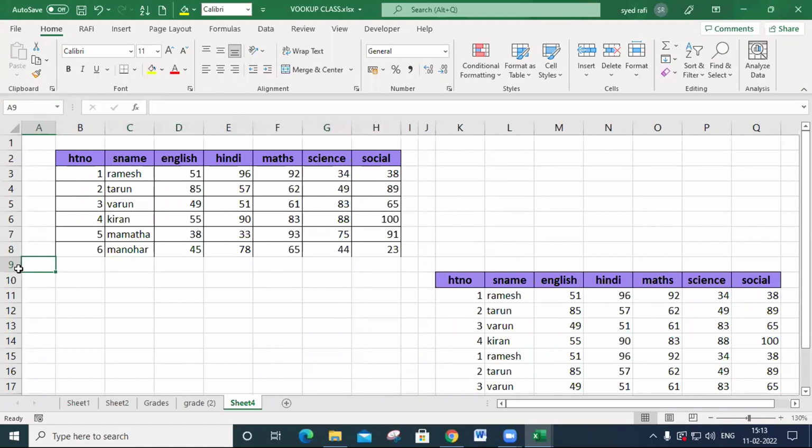It never searches this direction, right to left direction. This is the major drawback in VLOOKUP. It looks up only from left to right direction, data it can retrieve, but right to left data can't be retrieved. This is the major drawback. And one more, in data source, if you insert or delete any column, ultimately the data will not be displayed correctly.